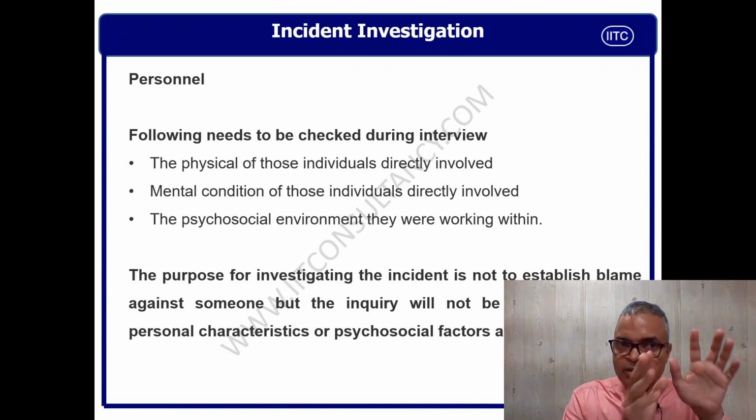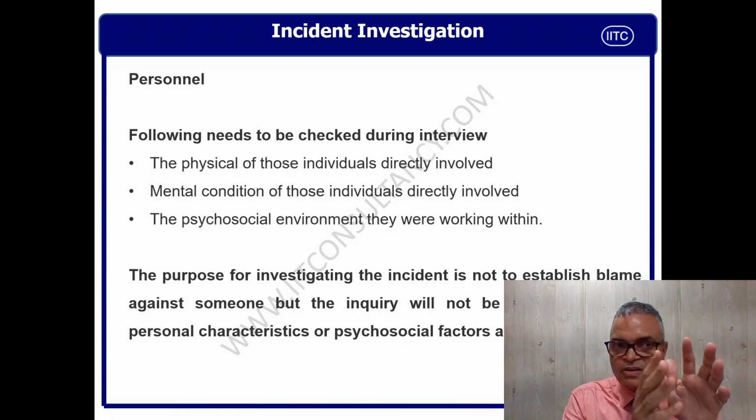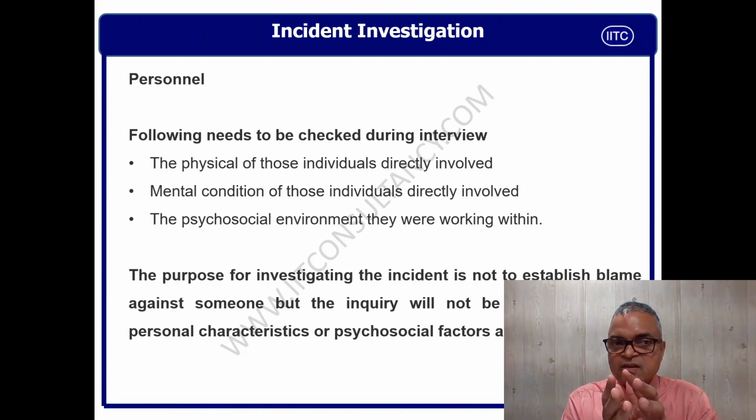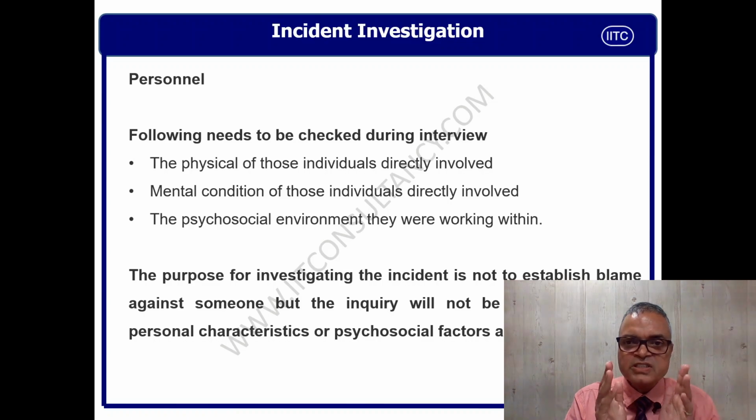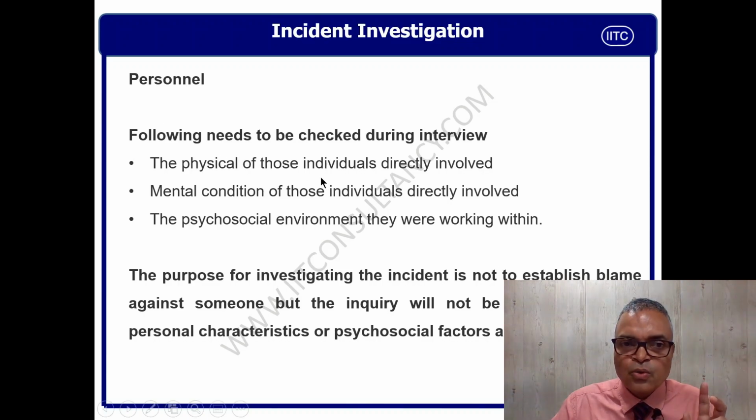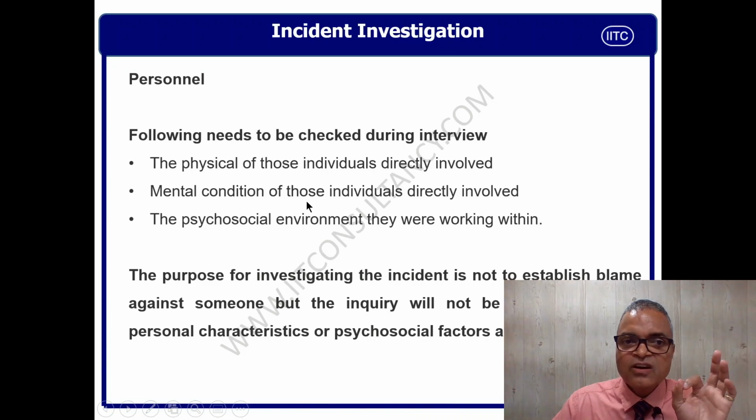In terms of personnel, we have seen task, material, and we have seen other things. We are going to see the personal requirement. The following needs to be checked while doing the interview: the physical condition of every individual who is directly involved in the incident, the mental condition of every individual who was directly involved, and the psychological environment of